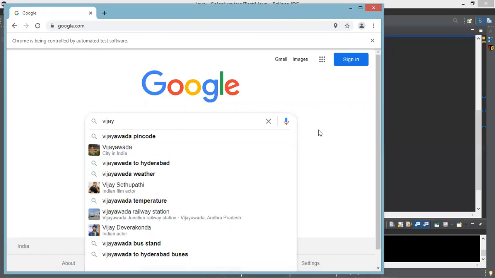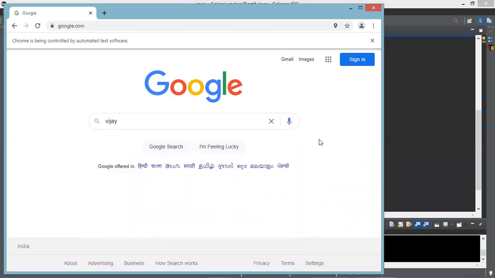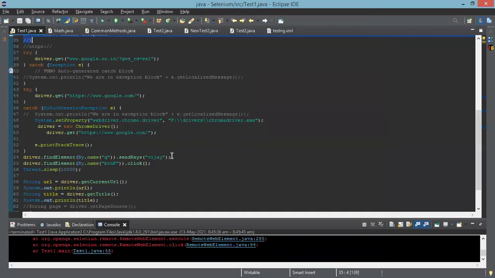It opened the window and typed Vijay, and then it stopped because you have an issue there. The button is not visible now, so it is having an issue. Close this. Go there and use submit. Now you come here and say submit.